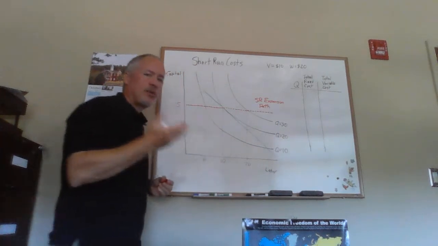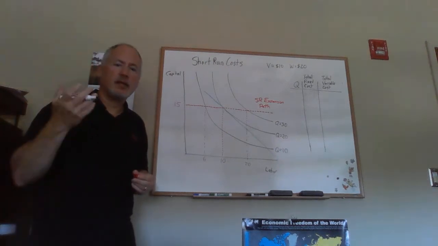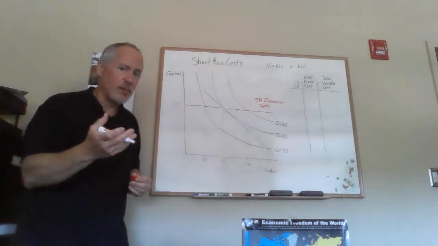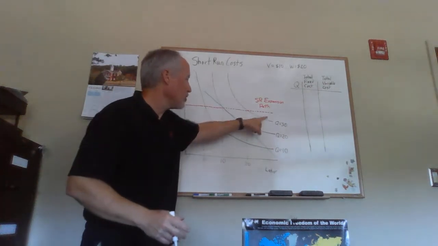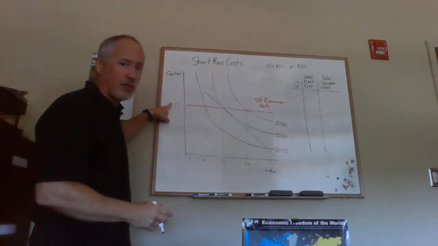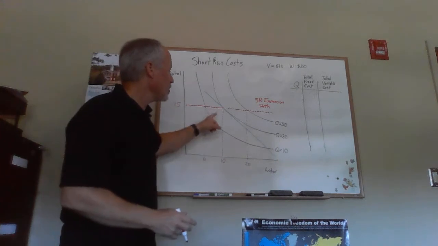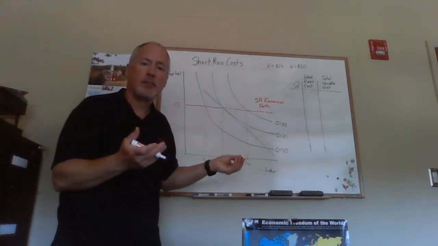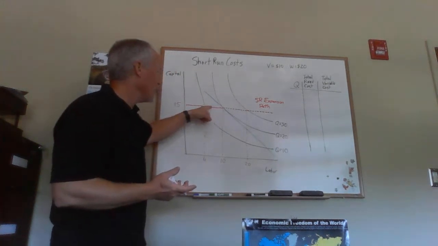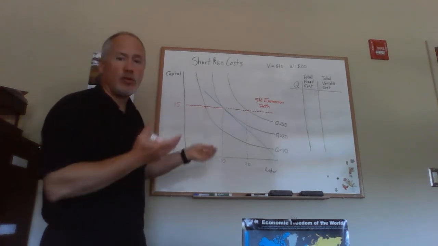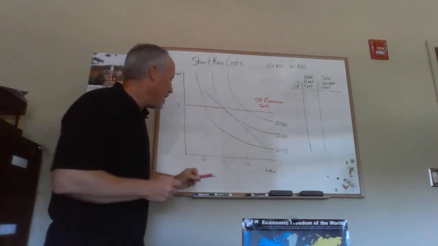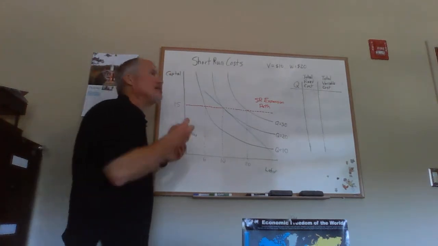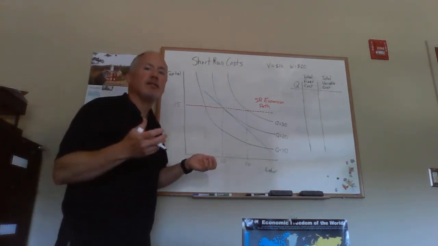Because if capital's fixed, then they can only adjust labor. So they can hire more labor if they want to increase output from 20 to 30 in the short run with their capital fixed at 15. The only thing the firm could do is hire more labor. If they wanted to reduce output from 20 to 10, the only thing they could do is let labor go. So that gives us then the short run cost minimizing